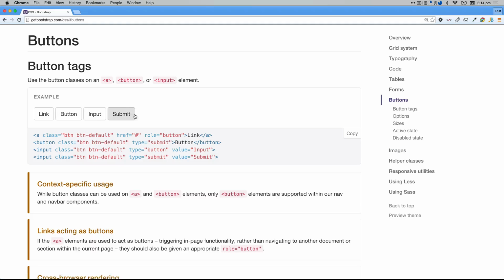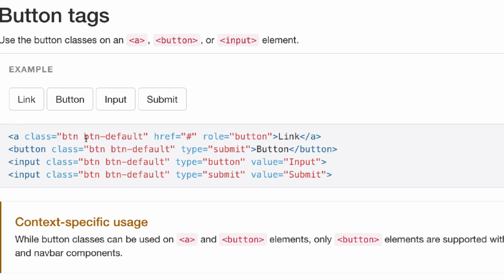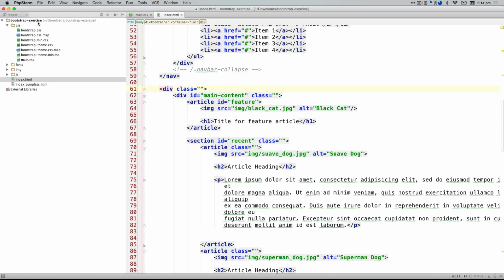Okay, so you can see they have some freestyle buttons for you, which you can then go and modify. And again, the way that we get them to look like this is simply by using inbuilt classes that Bootstrap has. So if I just grab a